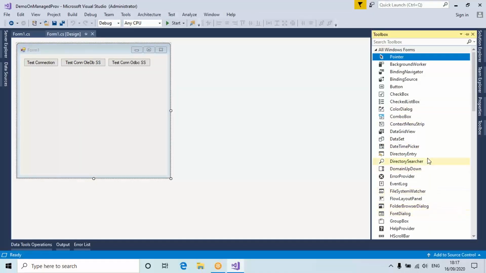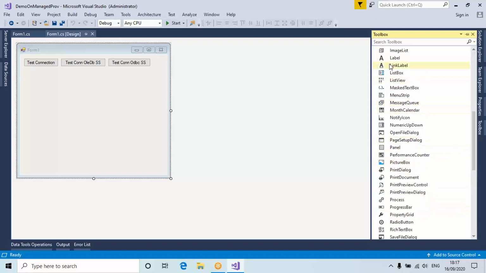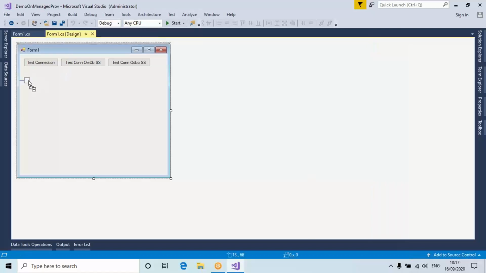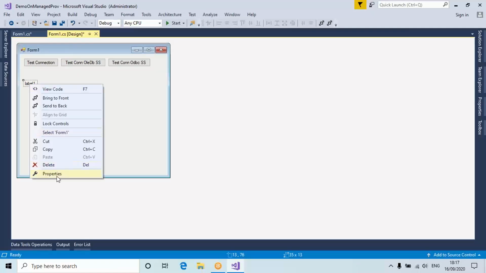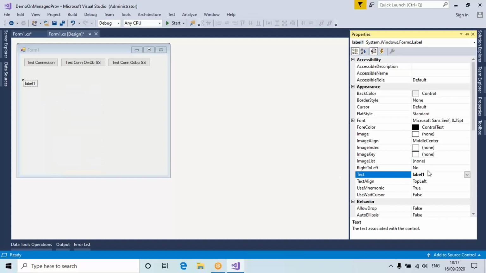Here I have to put one label now. Here, keep a label. And this label I call as EMP